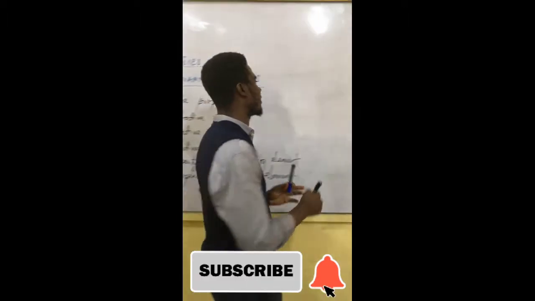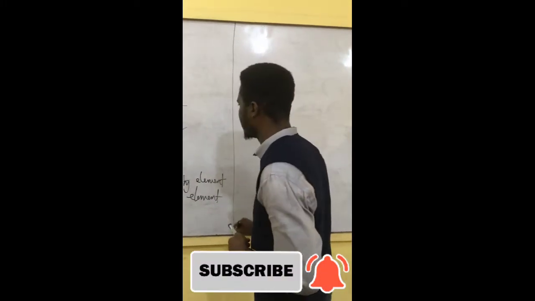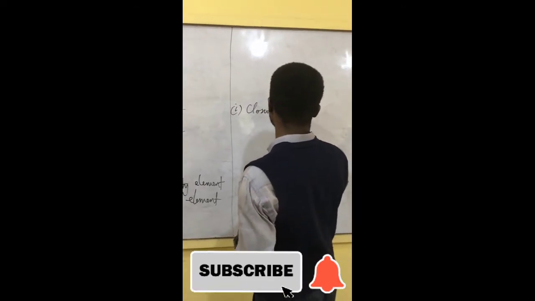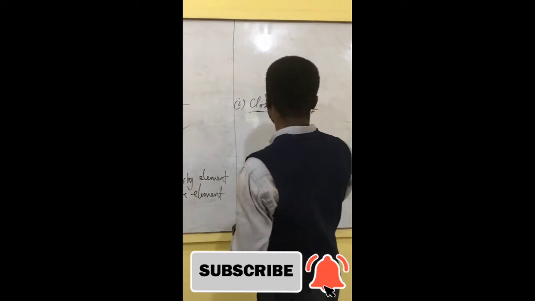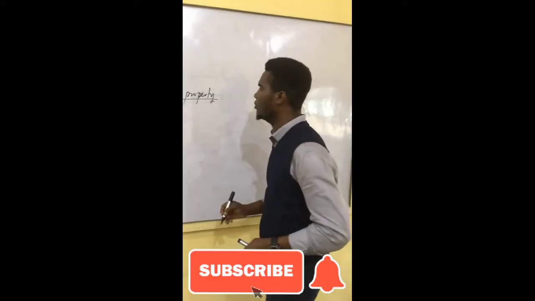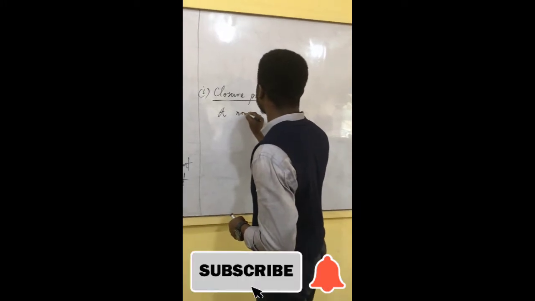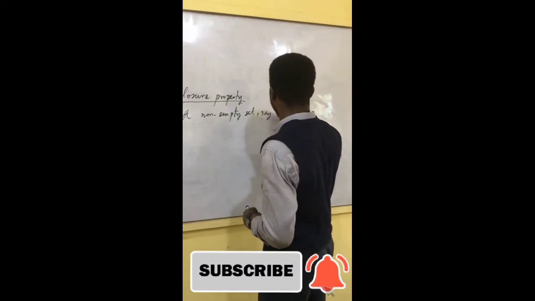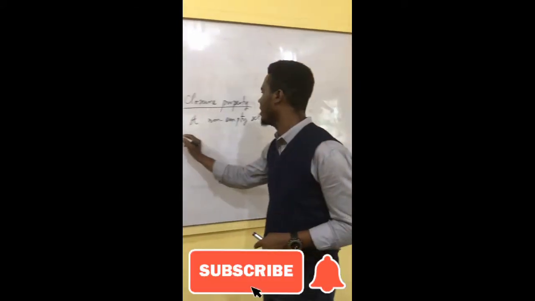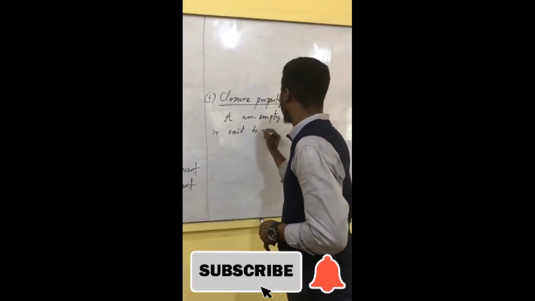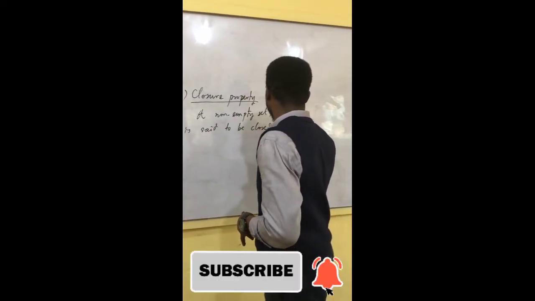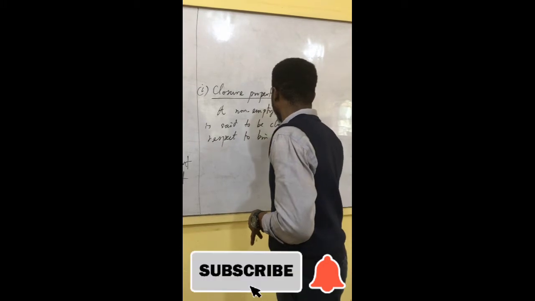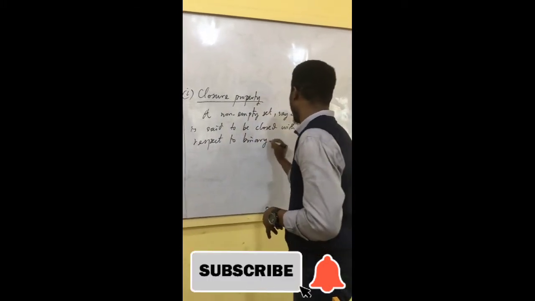So quickly, without waste of time, let us come to the first property. So what is the property of closure? What does closure property mean? Let's examine that with an example or 2. Okay? So a non-empty set, say capital S or uppercase S, is said to be closed with respect to a binary operation. With respect to a binary operation,